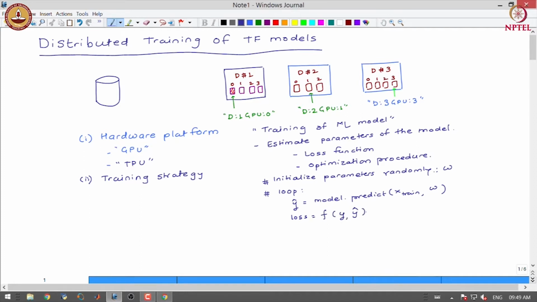And we know that in case of regression we use least square error as the loss function, whereas in case of classification we use cross entropy loss. And once we find the loss, we calculate the gradient of the loss function with respect to the weight vector.